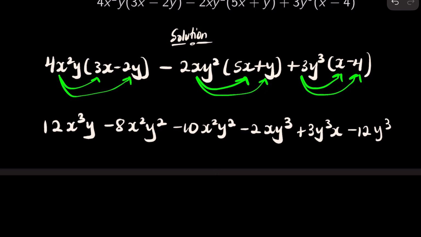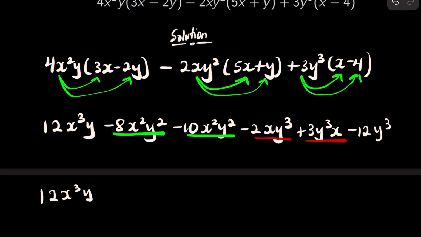And so here we have x squared y squared. We also have x squared y squared here. And we have xy cubed. We also have xy cubed in here. And these are the only like terms, right? And so we are going to have